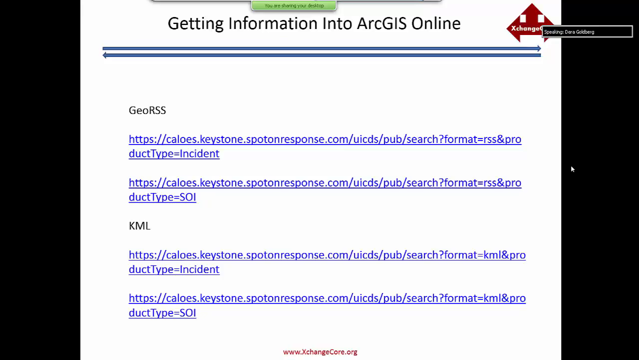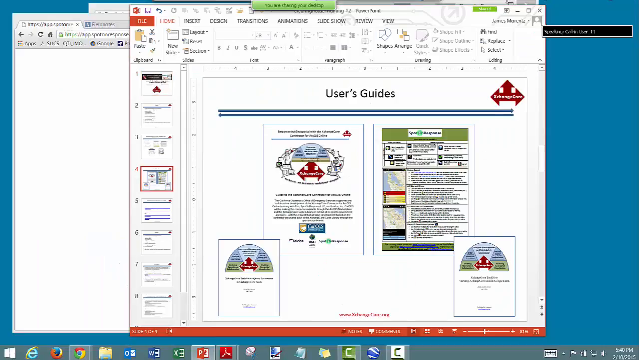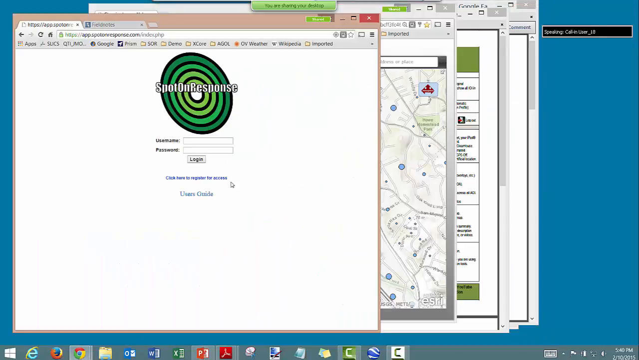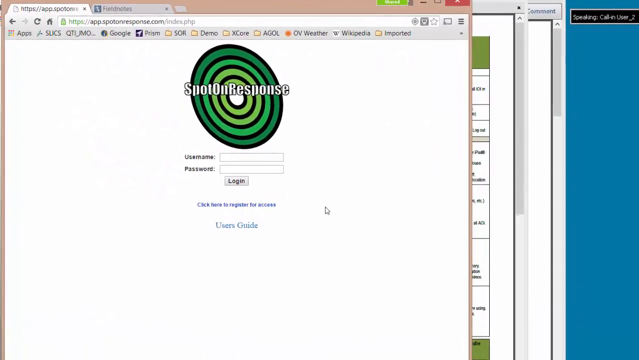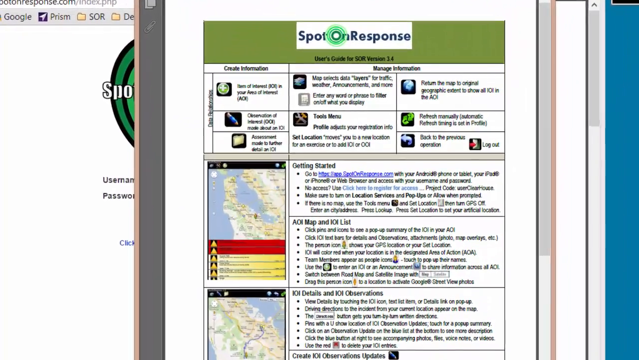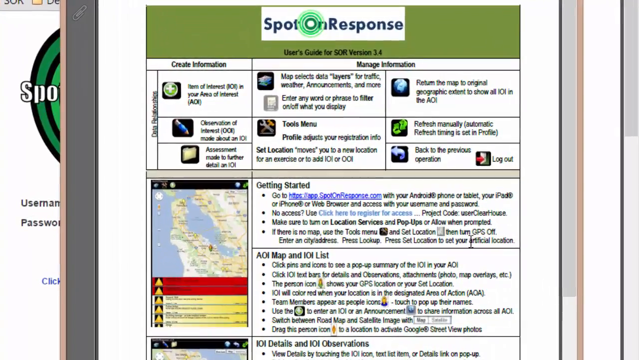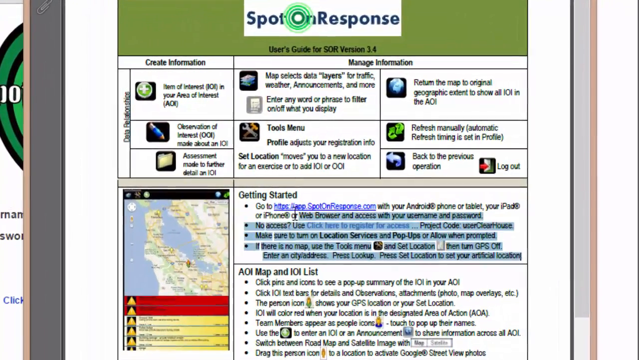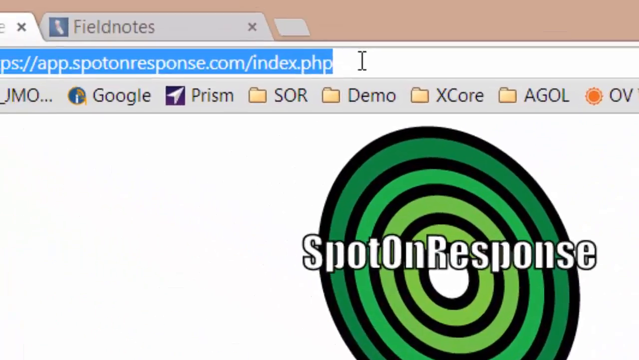So we'll get back to this one in a second. Let me click that one up, and I'm going to go to the screen right now, and we're going to start doing some login. So I've got the SpotOnResponse Users Guide, and if I highlight this section for you, if you've already pulled it up, it's straightforward. You go to a URL called